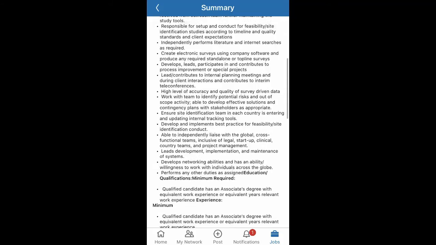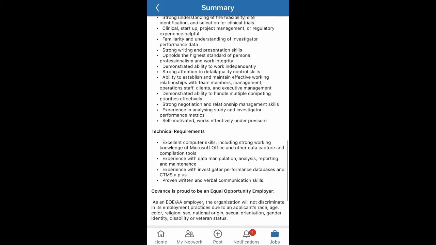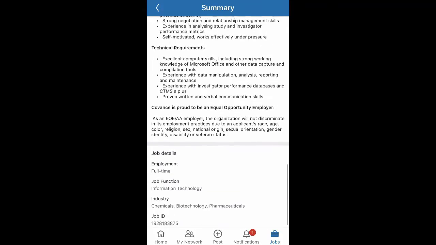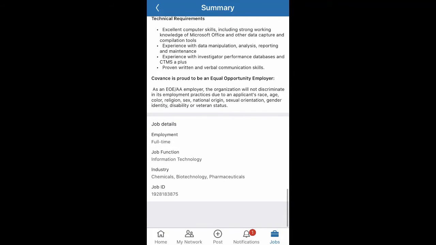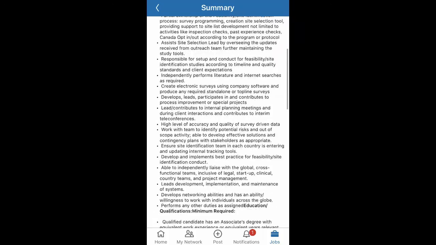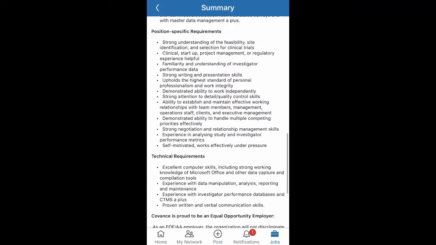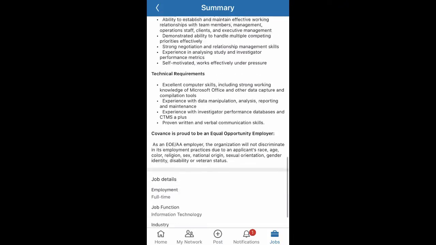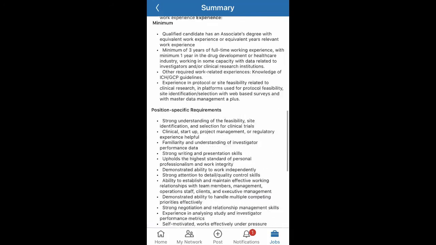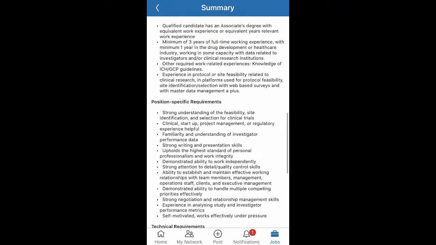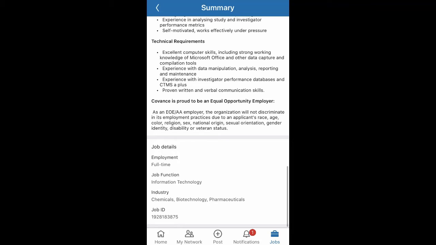here is the job description. The requirements are posted, the technical requirement is also posted, and here is the job ID. As I was telling you about the cover letter and job ID, you should mention this job ID in your cover letter. For example, if you are applying for this job, just copy the job ID from here and paste it into the cover letter, saying that I am applying for the job site selection specialist, job ID 123456, the number.